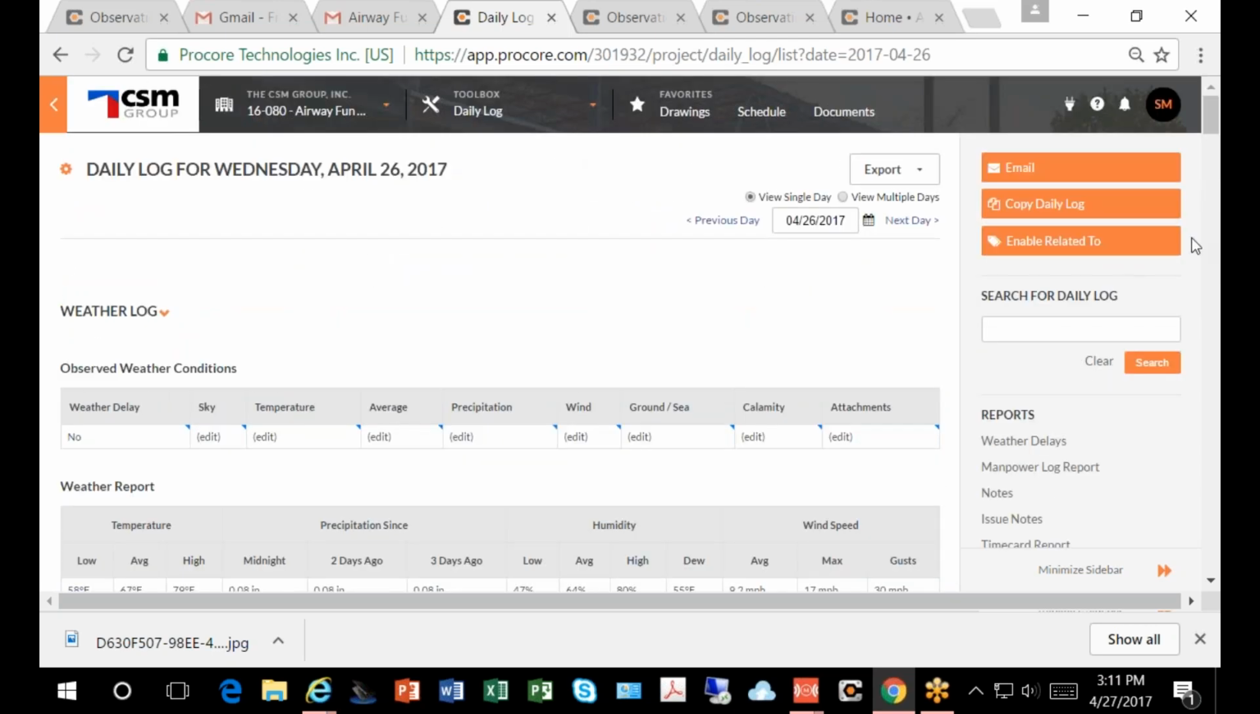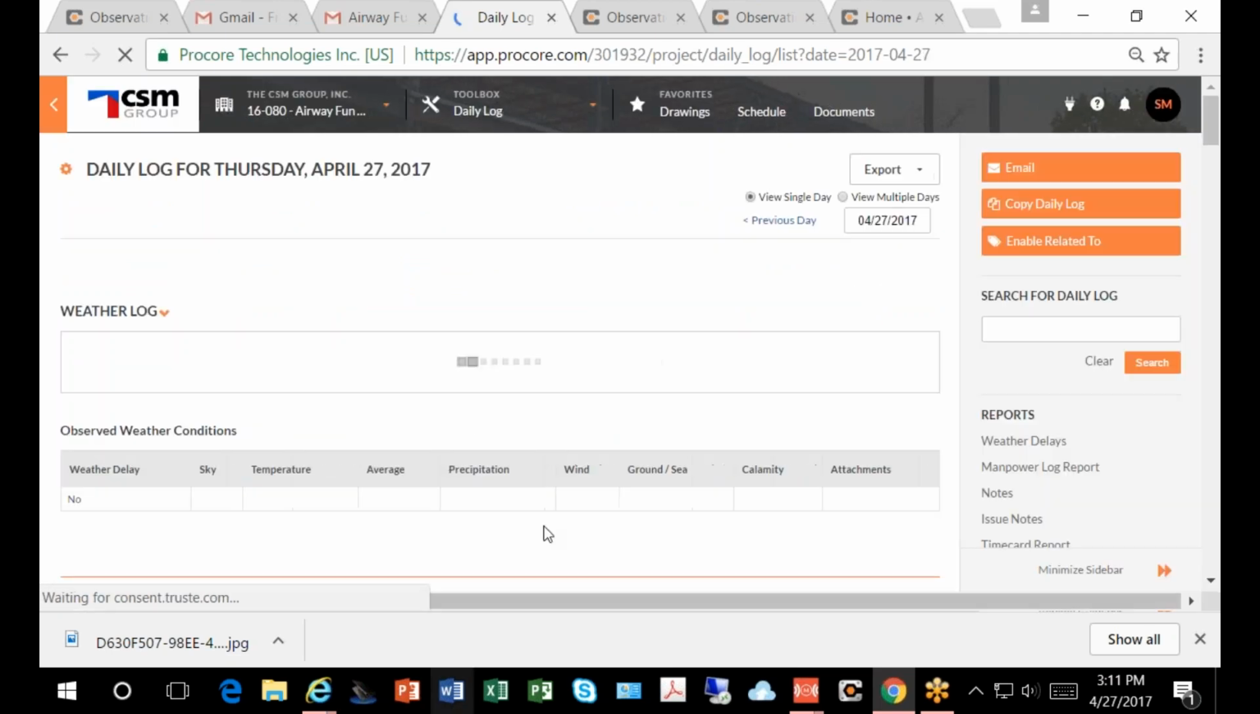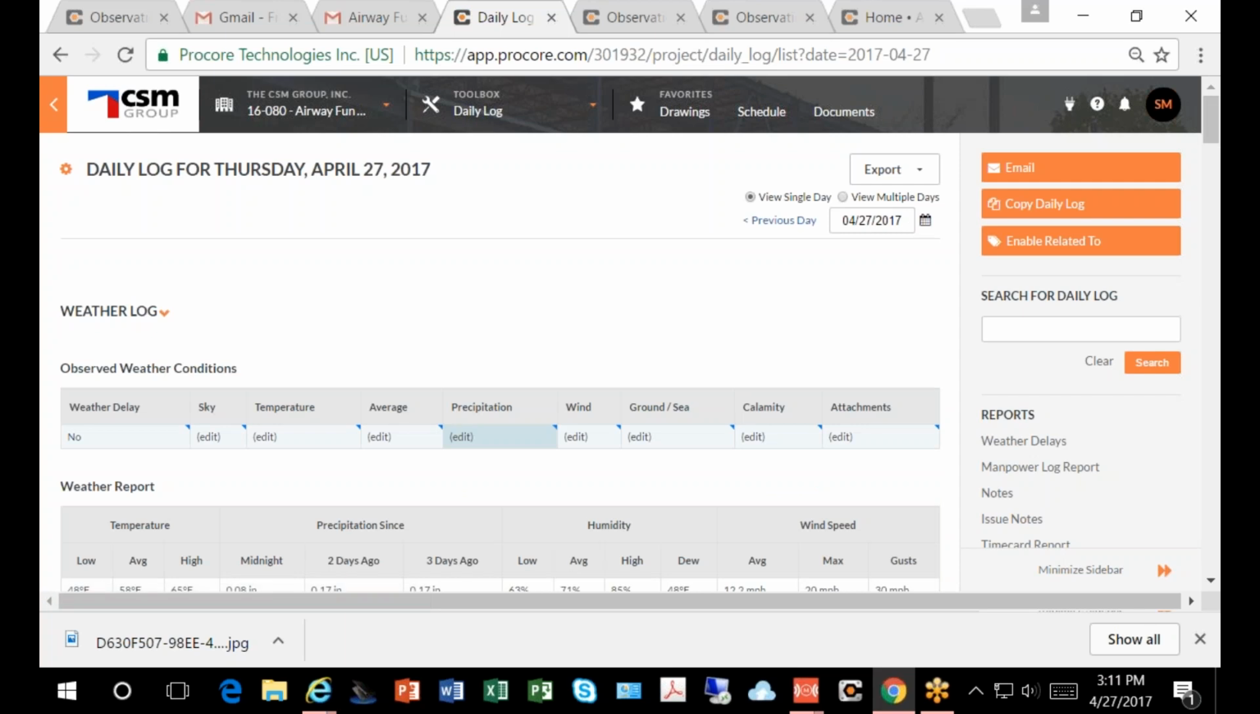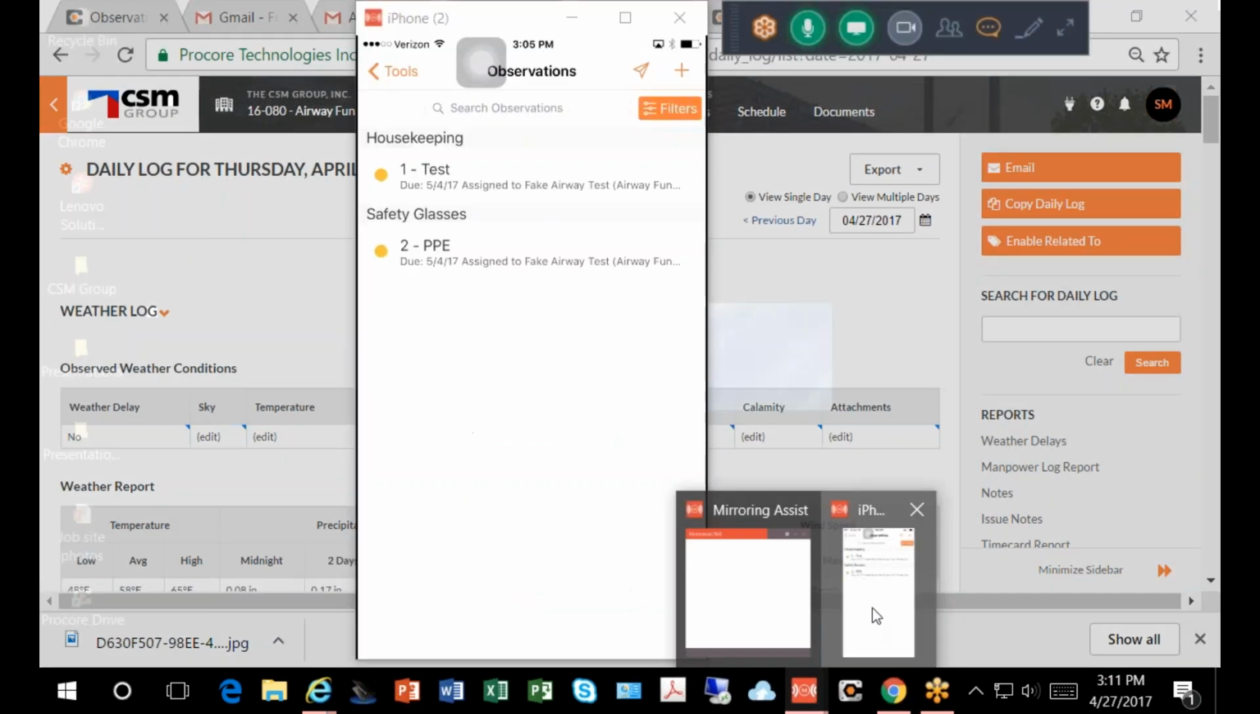You can also do the copy daily log, so as you're on your current day, you can still copy over the previous day and get all that information over. But what I tend to do, and I find this to be the most efficient way on my end anyway,